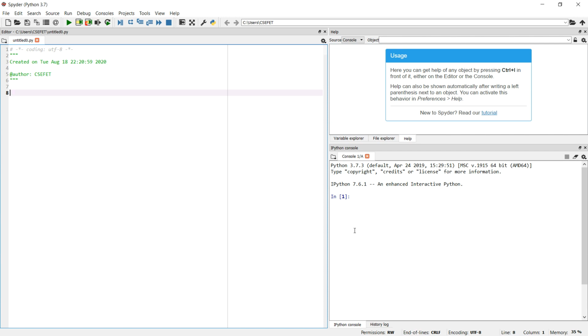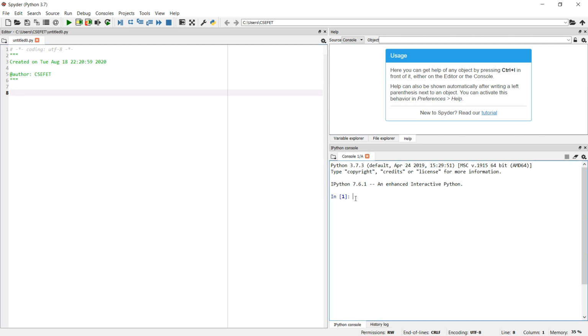There is no question of using Python 2.0. Another thing is that the program which you are writing for Python 3.0 is not downgradable. You cannot execute it in Python 2.0. So you have to choose Python